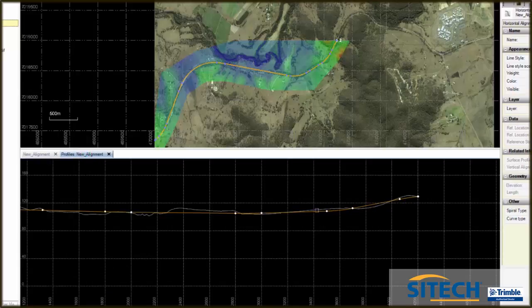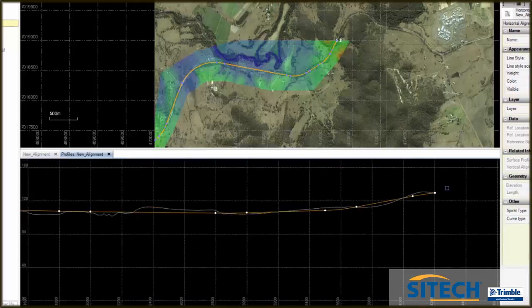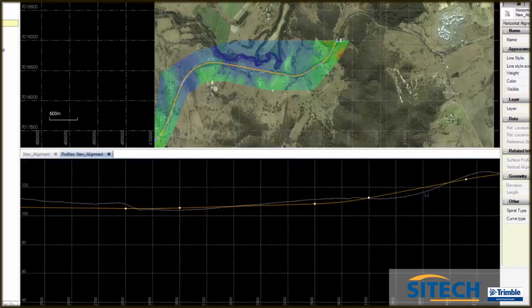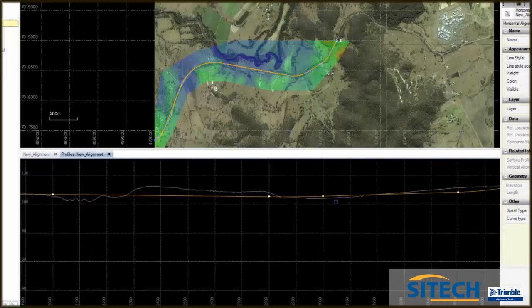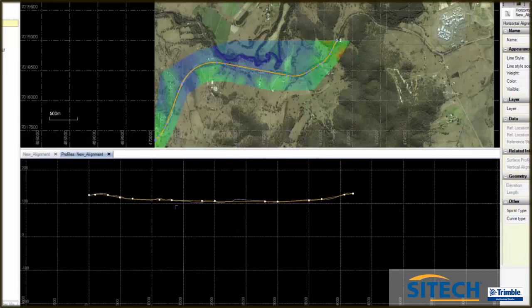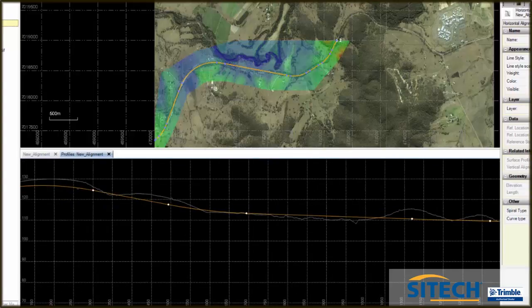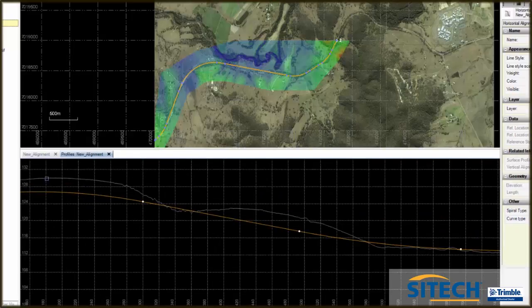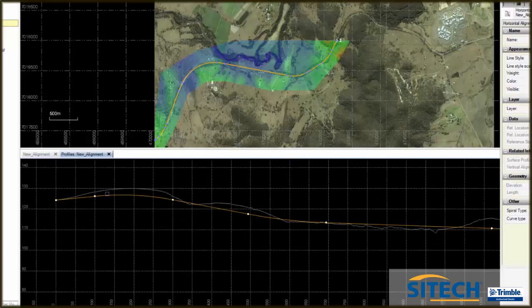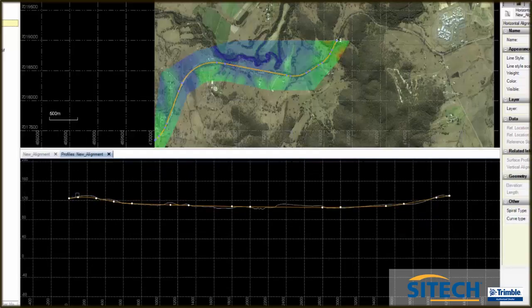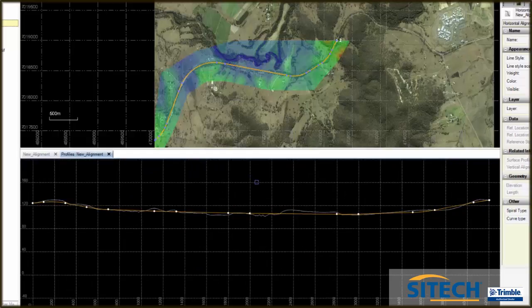Okay, so these ones were quite snug. So we'll just see if there's anything out of the ordinary there. And that seems to be fine. There's no massive cuts. So that is a vertical alignment,